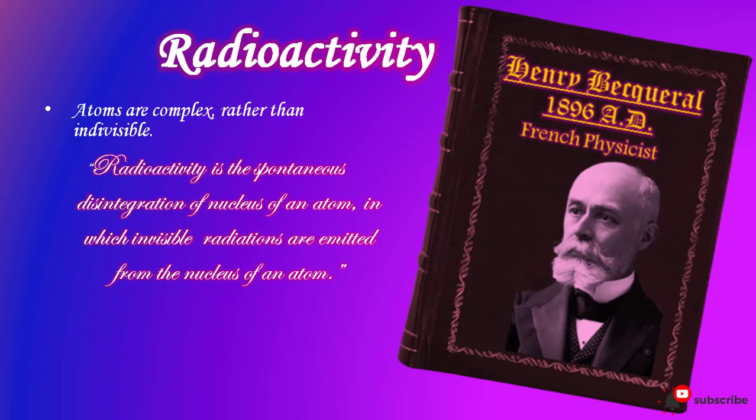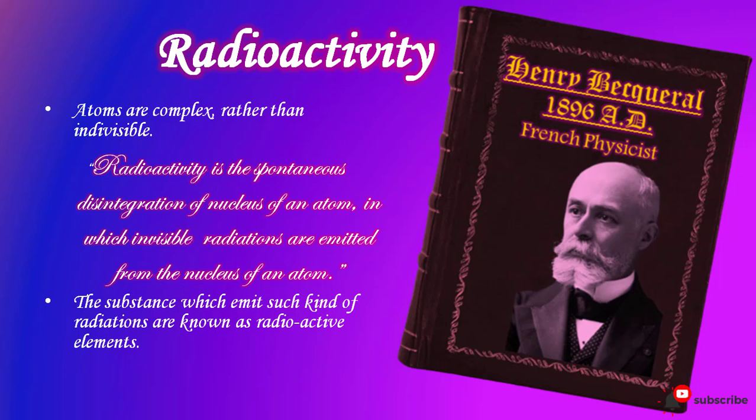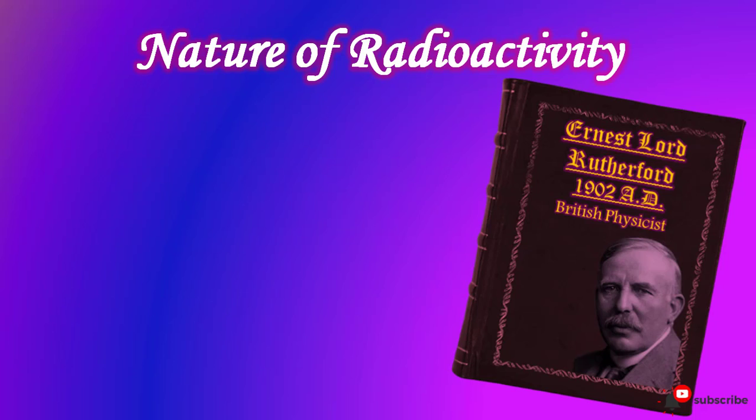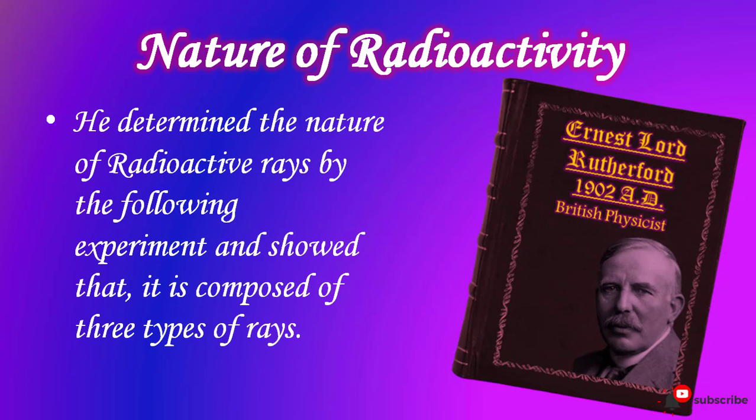Radiations mean they give off some energy, mostly in the form of light, and the substances which emit such kinds of radiations are known as radioactive elements. Then in 1902 AD, a British physicist, Ernest Lord Rutherford, determined the nature of radioactive rays by the following experiment that showed that radioactivity is composed of three types of rays which are given off as radiation from a